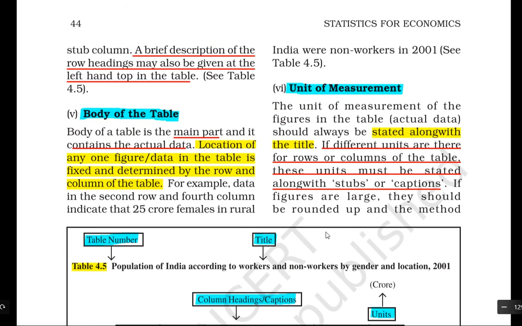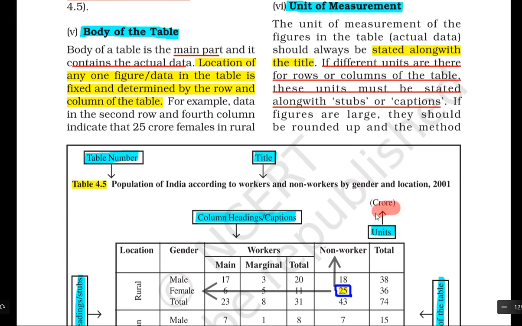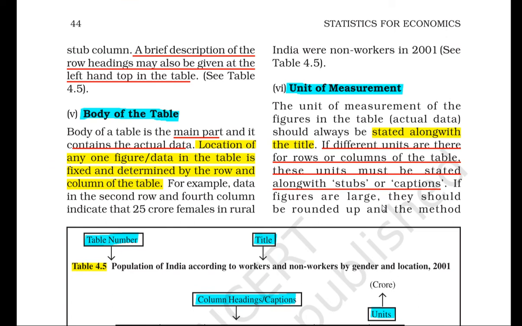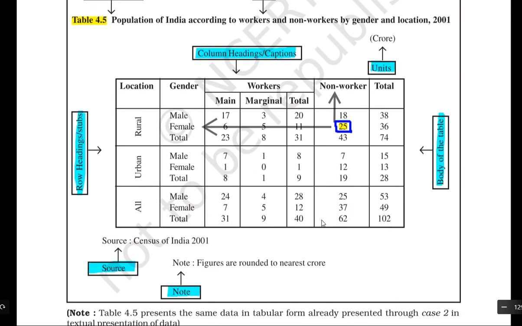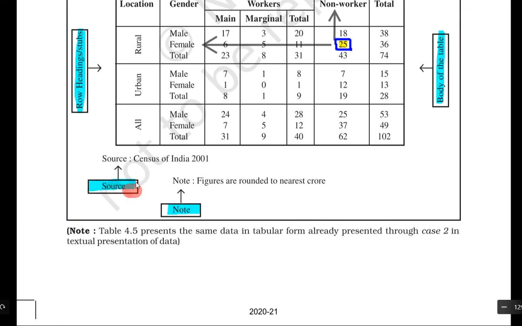So in a table, typically you see all the things. Units of measurement, what units we are using here. Here units are given in the crores. So in the table, units are stated along with the title. Just after the title you have to present the units, which apply to the rows and columns. There may be different units for rows and columns or the same units for both of them. And then after that you have to provide the source from where this data was obtained. So it is obtained from the Census of India 2001. That's why the source is given here.